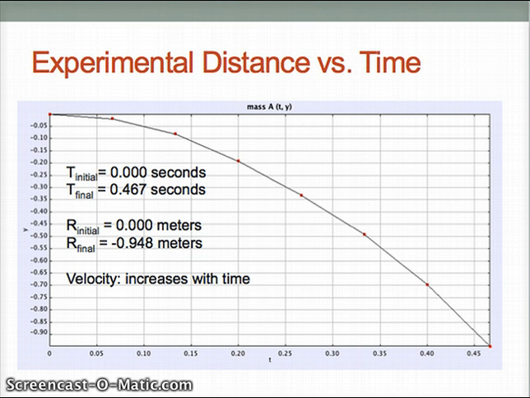The following position versus time graph was produced by Tracker from the point mass data. The most important observation is that the slope of the graph is not constant and increases as time increases. We can take this to mean that the velocity of the cup was increasing as it fell. This non-constant velocity indicates that our F-net is not 0, something we have to take into account in our computational